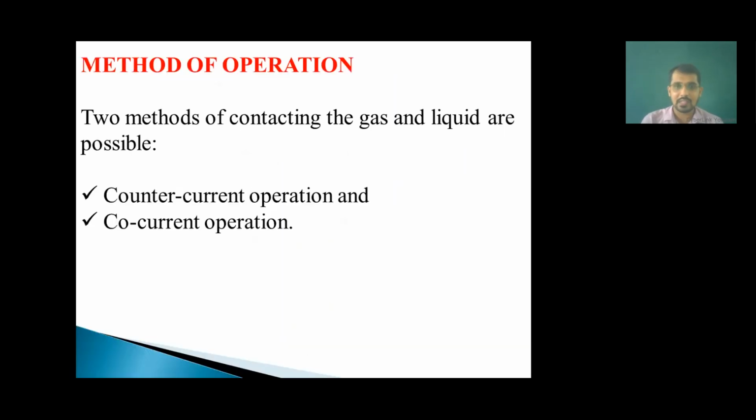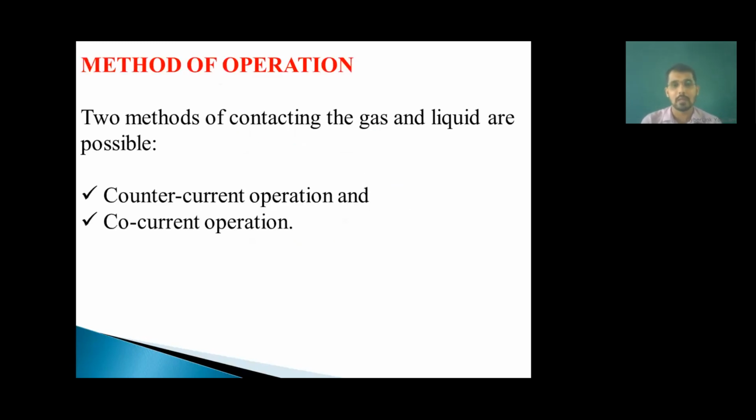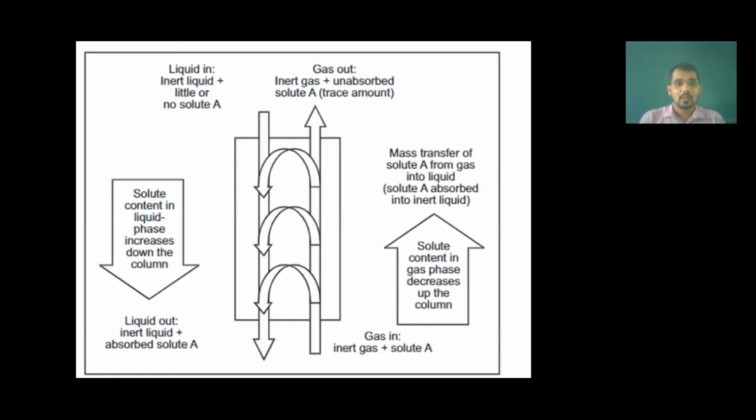So what we have seen in this lecture about absorption: we have revised the absorption phenomena. After that I told you the difference between absorption and adsorption. After that, stripping and absorption. After that we discussed in this lecture the modes of mass transfer operation for absorption. The first one is counter current operation and the second is co-current operation. In the co-current, both streams are flowing in the same direction, and in the counter current, both streams are flowing in the opposite direction. After that, we have seen all the terms involved in this counter current absorption.